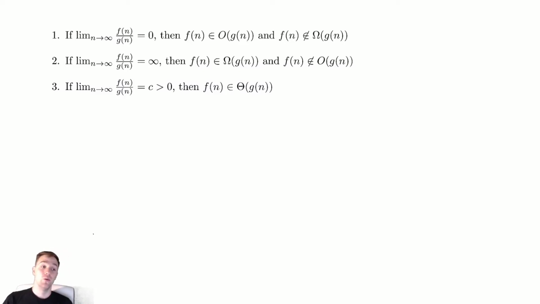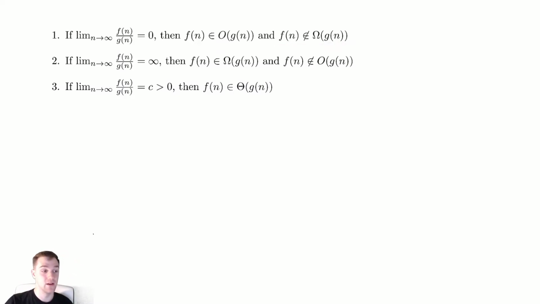So, if we evaluate that limit and we get 0, that tells us that the numerator and the denominator relate in a specific way. In this case, the denominator is growing much, much faster. So the numerator would be bounded above by the denominator. Or, in our new notation, f of n is in big O of g of n. And in fact, what happens is that it's growing so much faster that it would not be in omega of